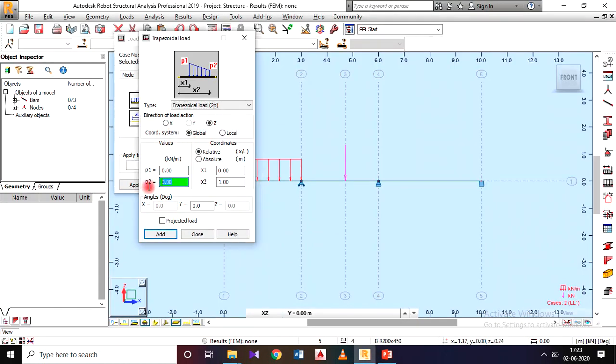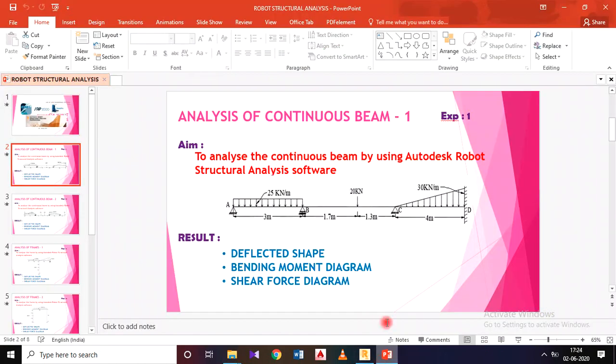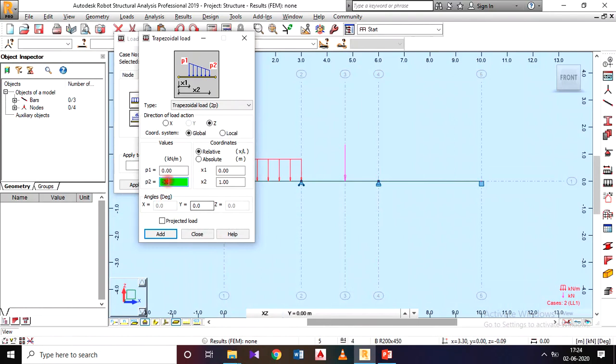P1 is 0, P2 is minus 30. Minus indicates it's going in the downward direction, okay, and the 30 will be the intensity, and x1 is 0 means it starts from here itself, no spacing over there, so it starts from 0 only. Then the entire span is 4 meter. Is it right?